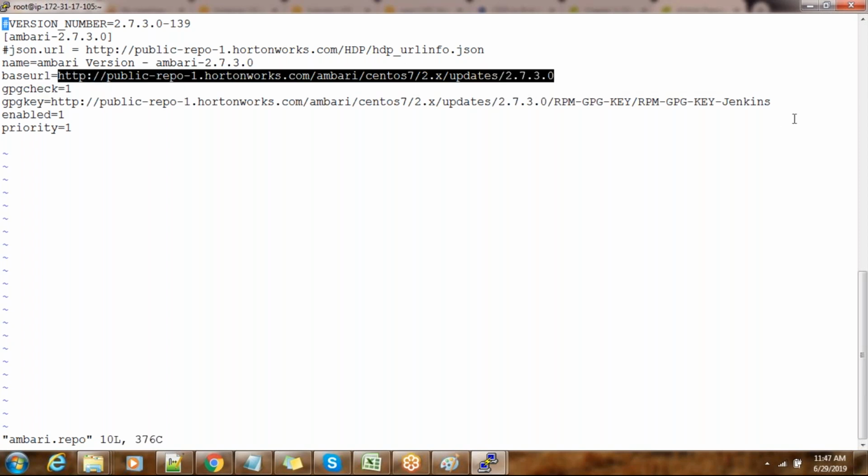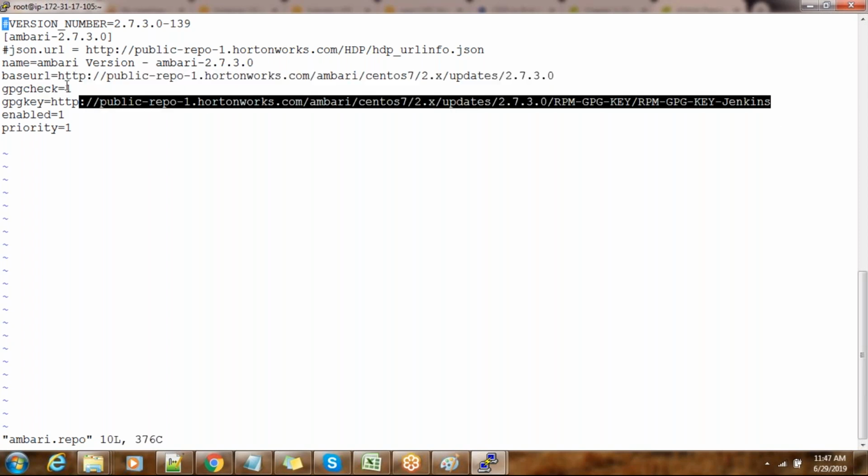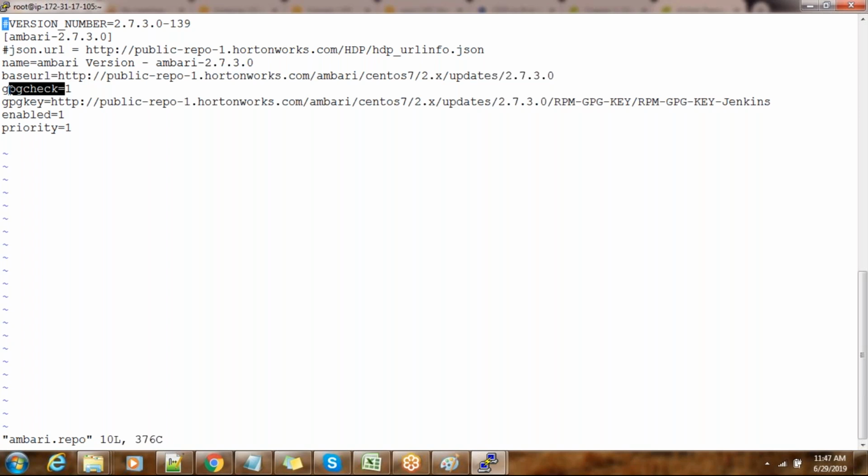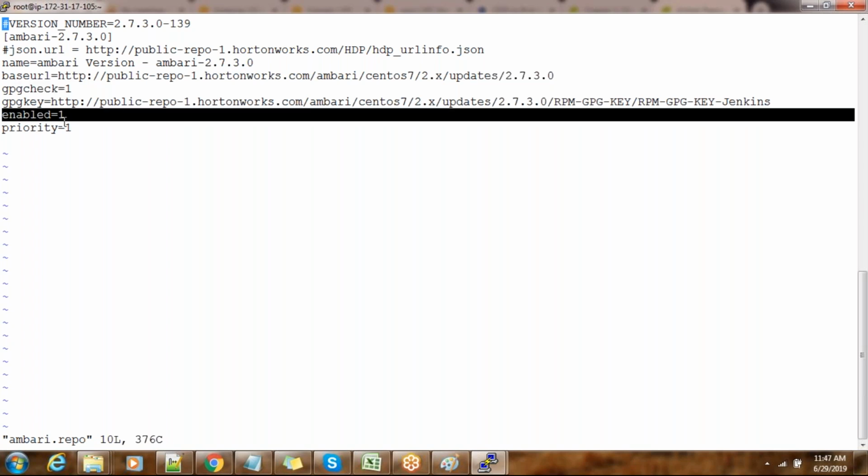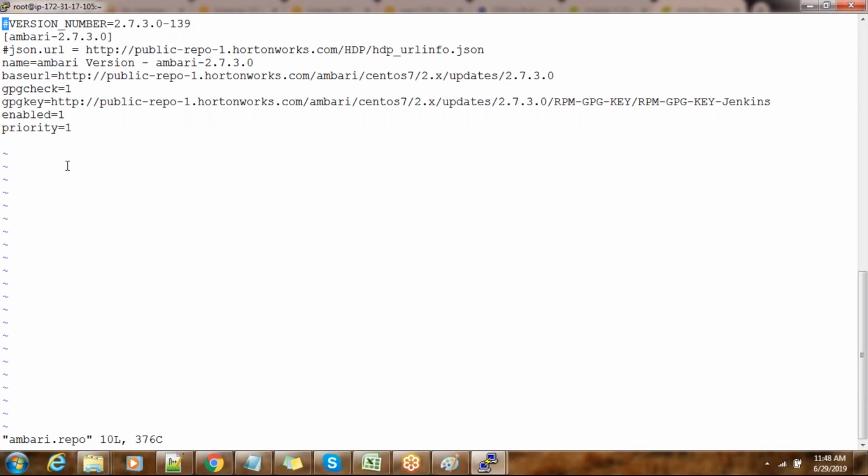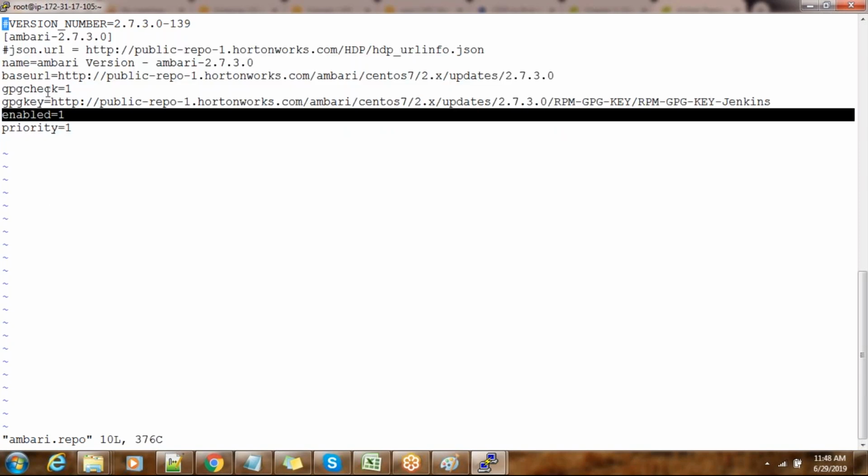It's all based on this key, and you can just disable the GPG check if you don't want it, and enable and priority. This is all based on your package management, because priority one means if any other repo for Ambari is available, this will have the higher priority. Enable one is the default.